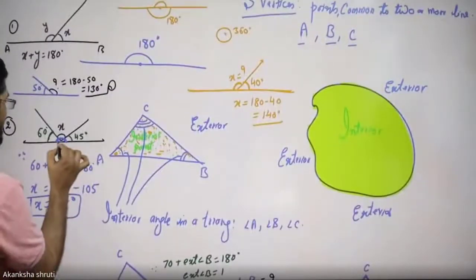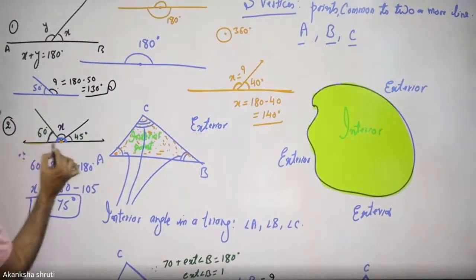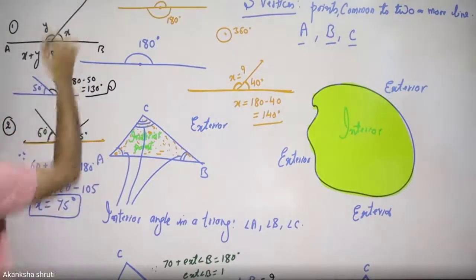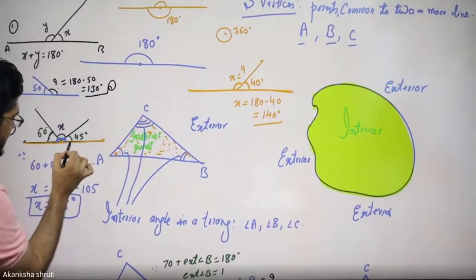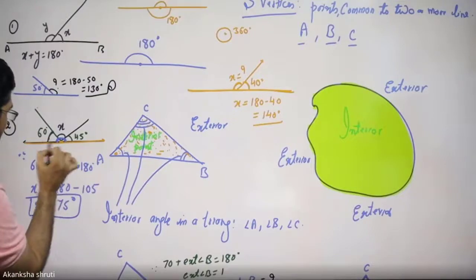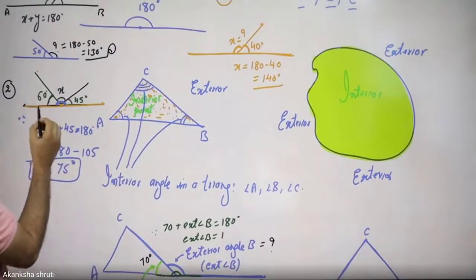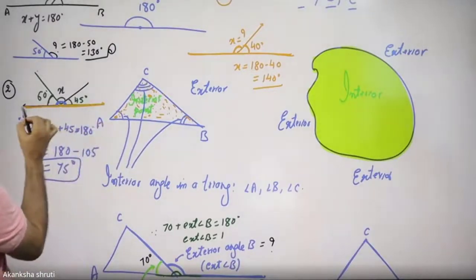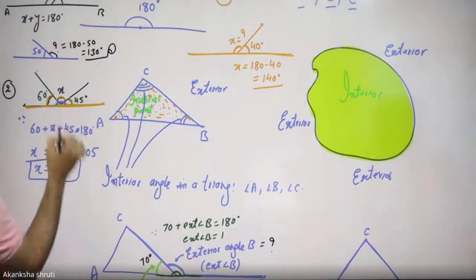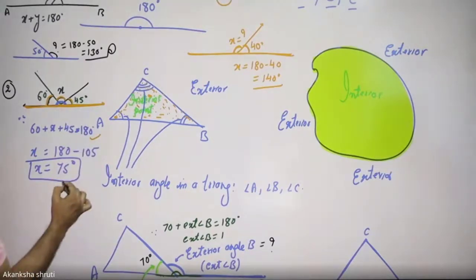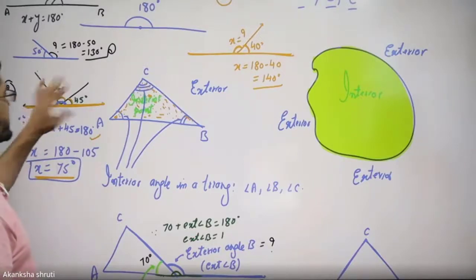Students, it may be possible that at a single point there may be more than one line, like here in this case. This is one of the lines. Over this, the other line is drawn. One is this black, another is this green. It is given that this angle is 45, this x is to be calculated, and on this side the angle is 60 degrees. Then this x can be calculated very easily. Since it represents a straight line, this 60 plus this x plus this 45 becomes 180. This way x is calculated as 75 degrees. Okay, students? So it is one of the important properties.